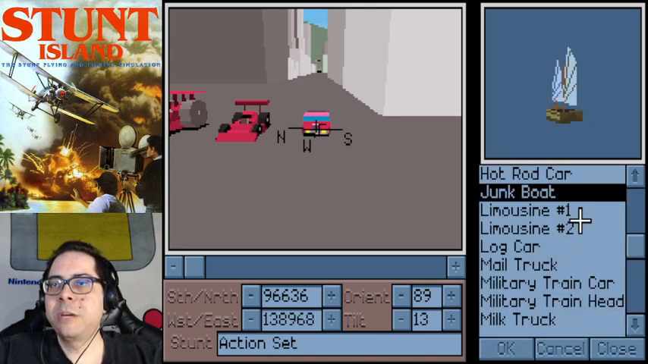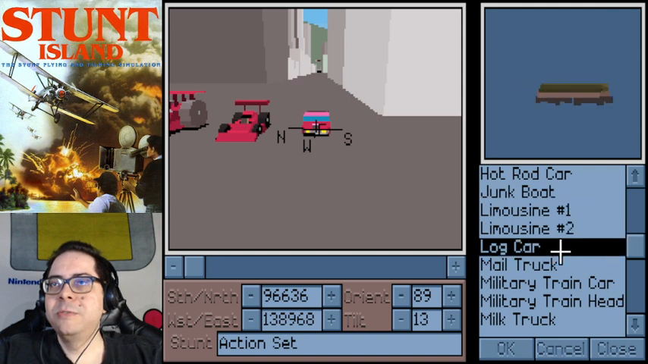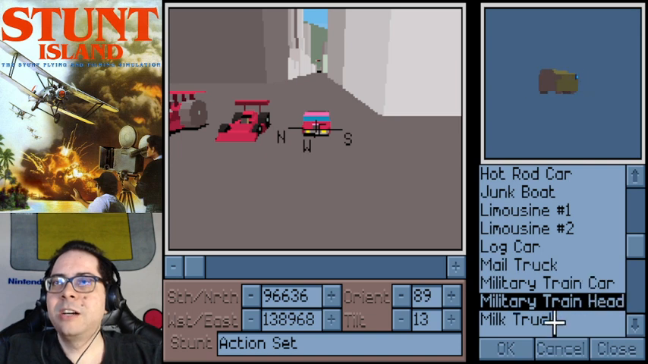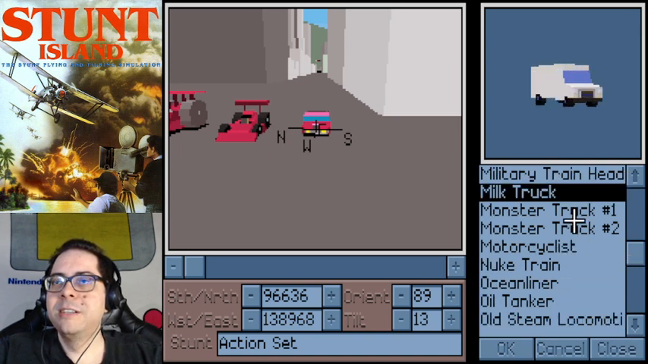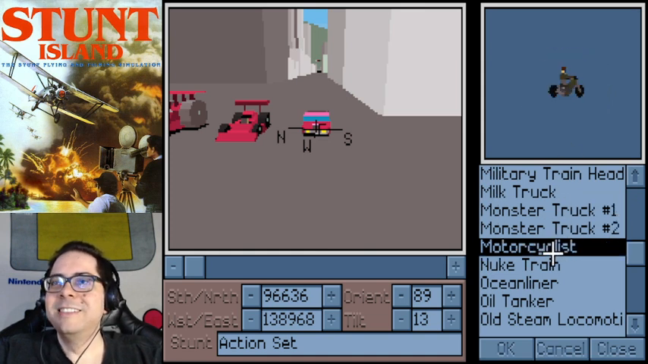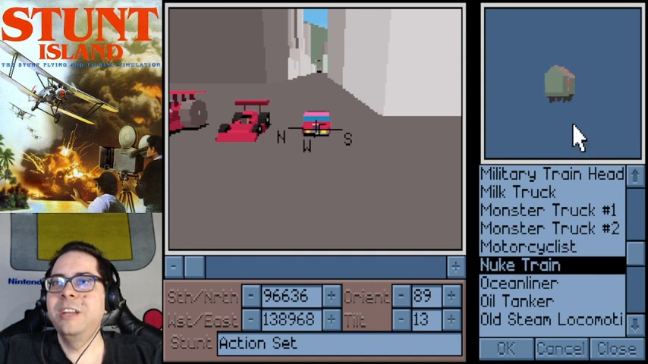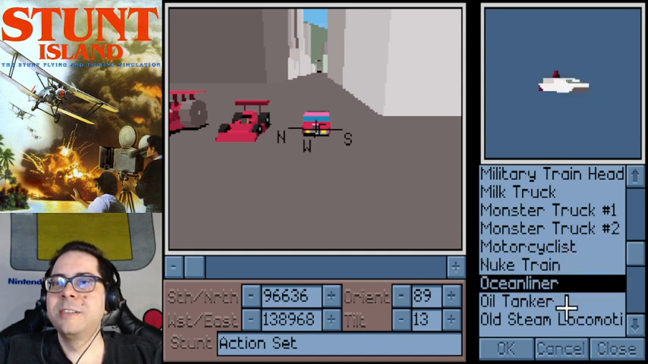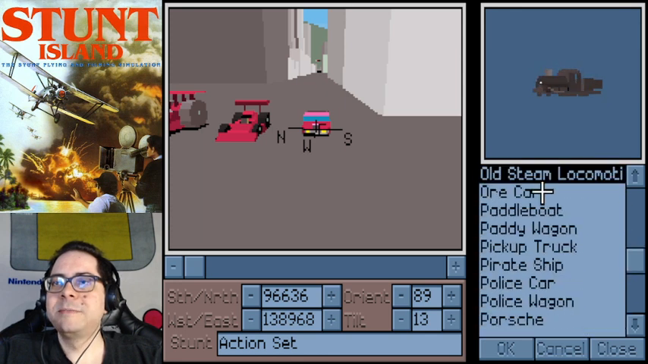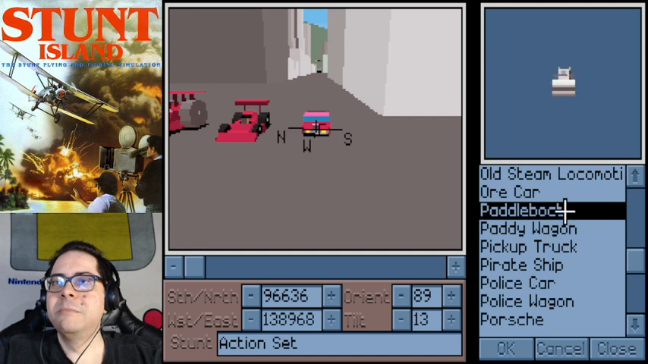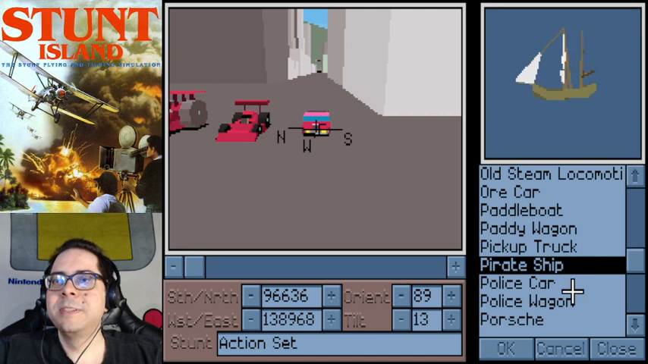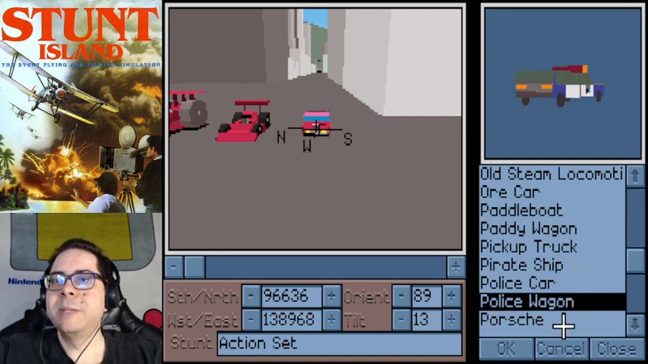Just check the other objects. We've got junk boat, limousine 1 and 2, log cart, mail truck, military train car, milk truck, monster truck 2, motorcyclist, nuke train, ocean liner, oil tanker, old steam locomotive, ore car, paddle boat, paddy wagon, pickup truck, pirate ship, police car, police wagon,